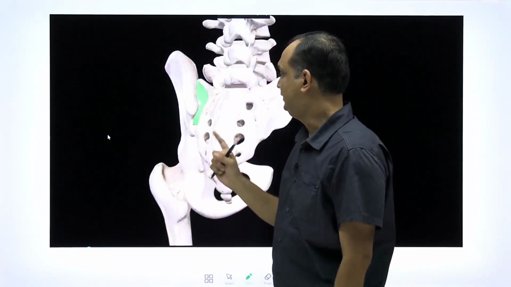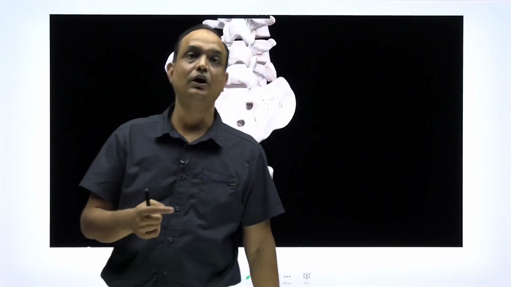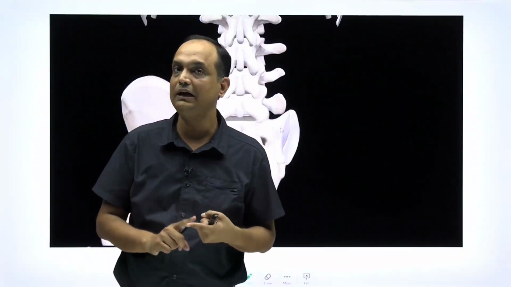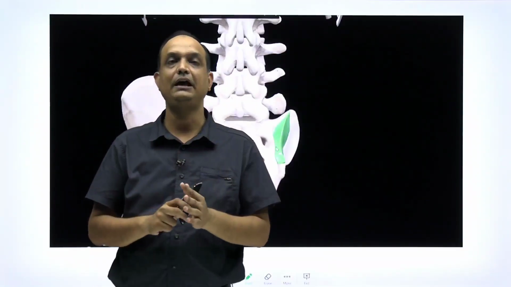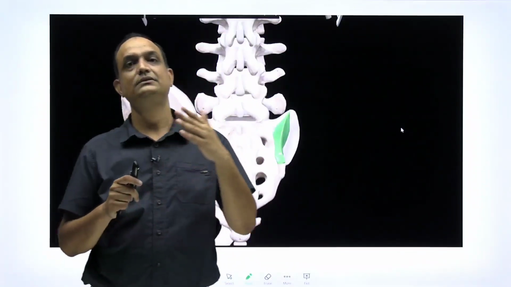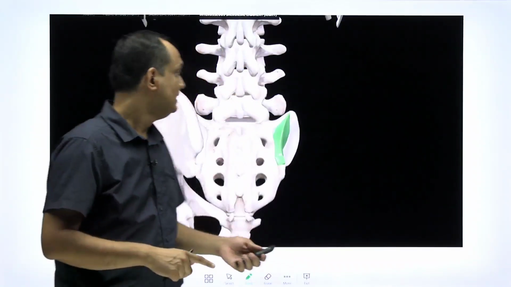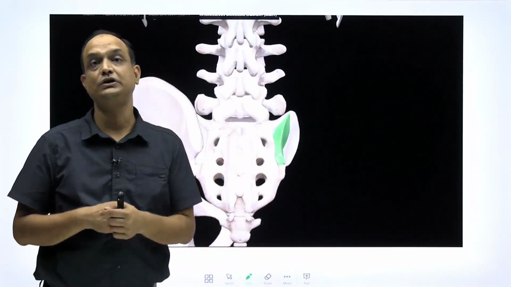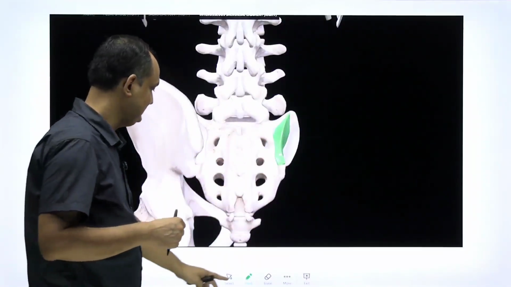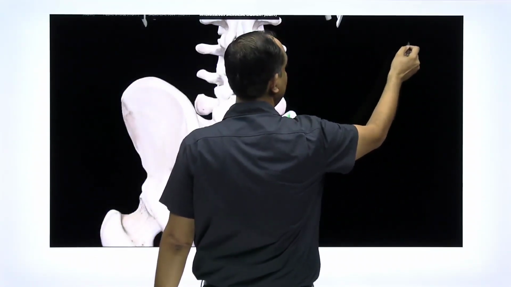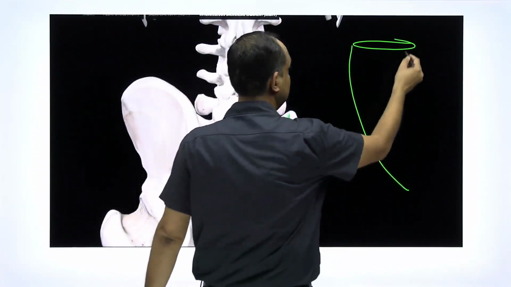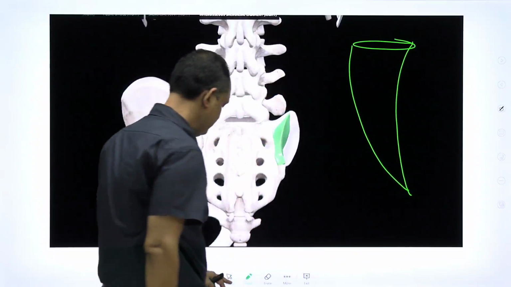Clear? That means the ventral surface of your sacroiliac joint has only a single ligament, the ventral sacroiliac ligament. But posteriorly it has two ligaments. One is the interosseous ligament, the second is the posterior sacroiliac ligament. Now, this interosseous sacroiliac ligament is attached on the lateral side of the bone. So, when you see the lateral surface of the sacrum, suppose if we draw it,